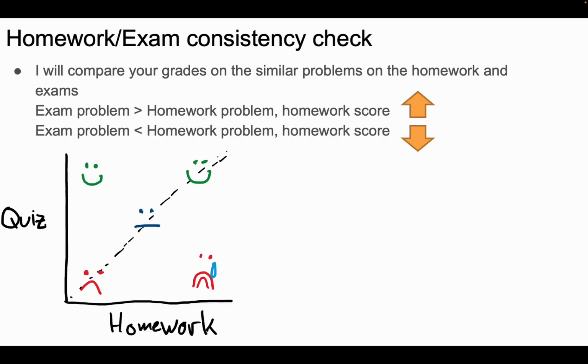The ideal development cycle in this class is you try the problem on the homework, don't get it quite right, look at the solutions, figure out what you're confused about, come back, maybe talk to me in office hours, talk to other people before the exam, and then do much better on the exam. That's the upper left corner here, where your homework grade might be low, but the quiz grade is high. I will actually take your overall homework score for the class and increase it.